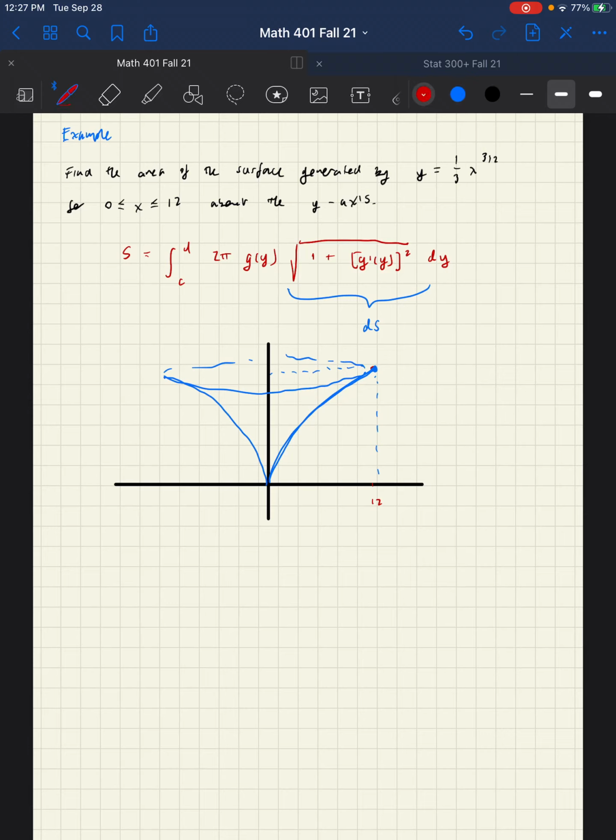This is the curve that we're generating a surface from, and when we rotate it, it's going to look something like this. And so we're interested in a band based on an infinite